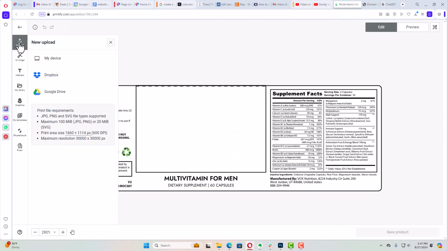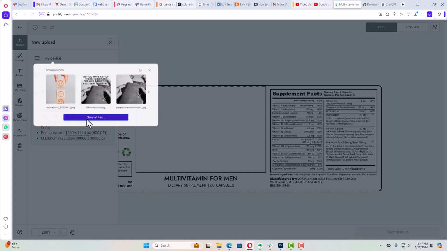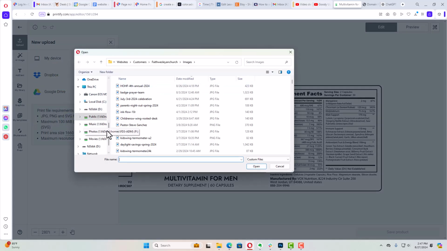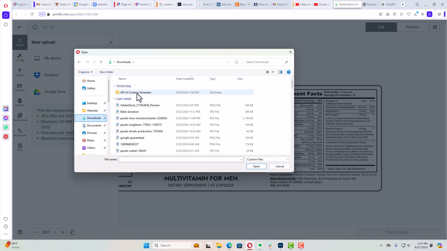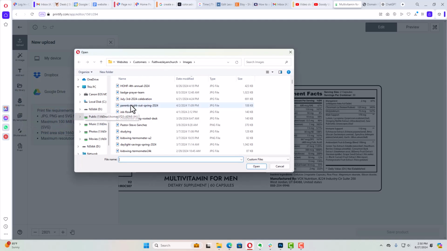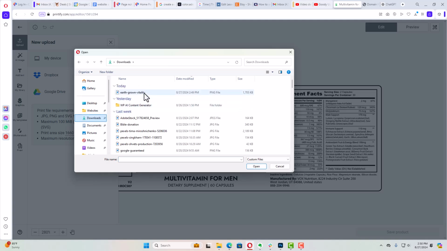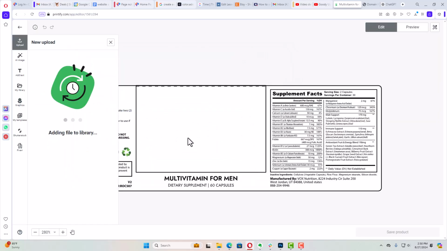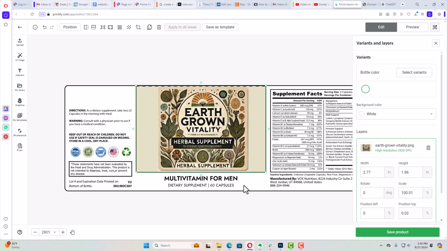We would upload the graphic from my device. Show all. Go to downloads. So I'm going to click on my device here, and I went ahead and generated a label here that was about the right size. Right here. Upload it here, and you can see that it fits into that spot. It says bottle color, I'm going to leave it white currently. Save product,